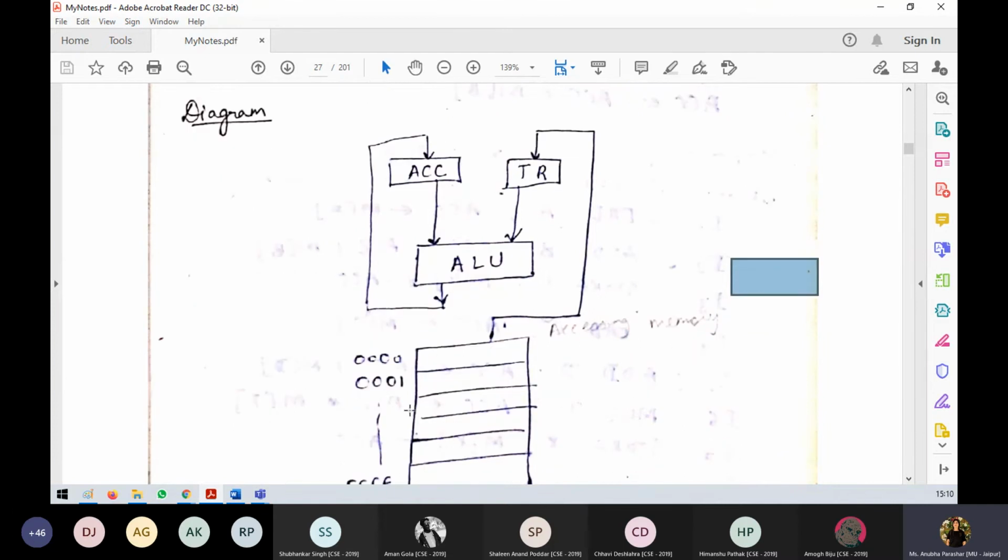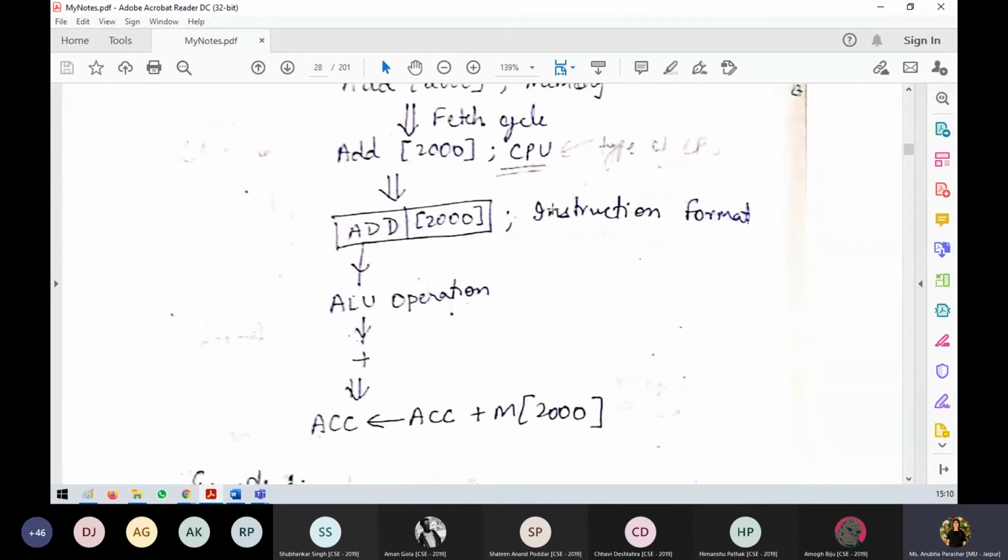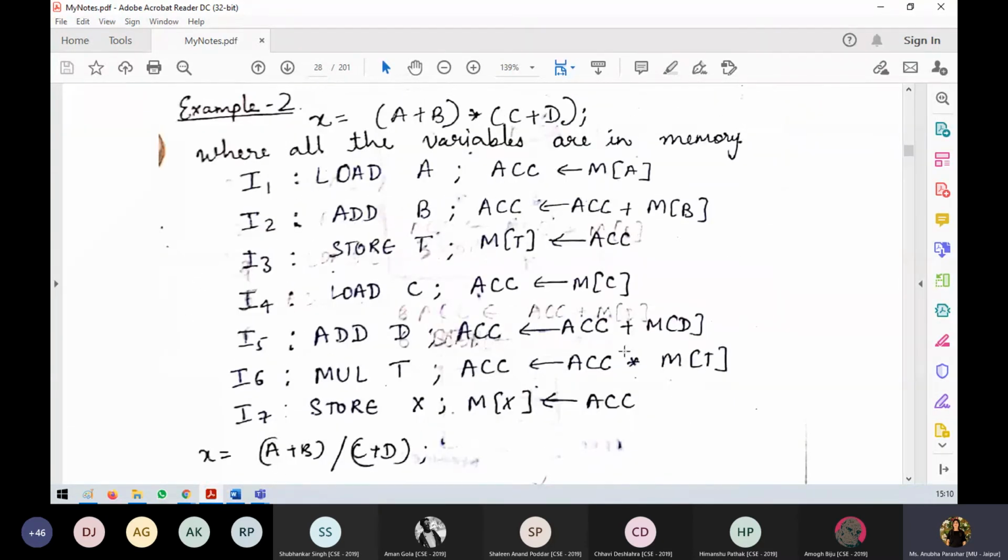So if two operands are stored in the memory, let's say A and B, one of them has come directly, and this one more you have to store either in accumulator or temporary register. So temporary register will be used for sure. Either you store it for this entire value because it is by default storing it in accumulator, and then you are transferring, or you use that later, but you have to use that for sure. Is your doubt clear?